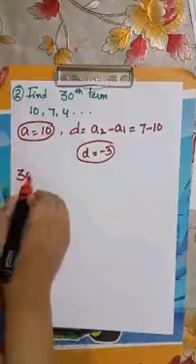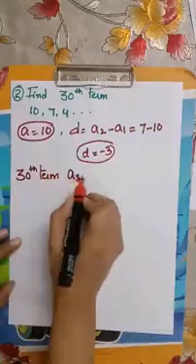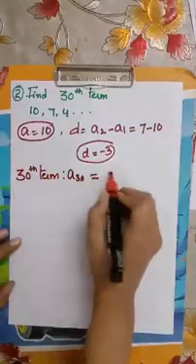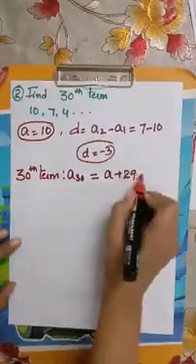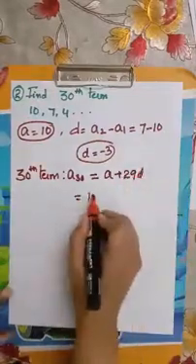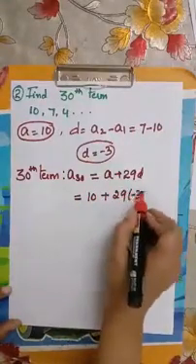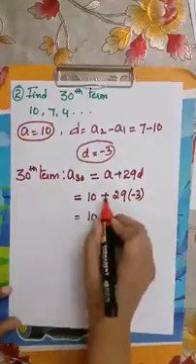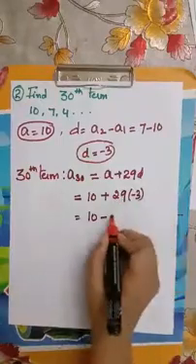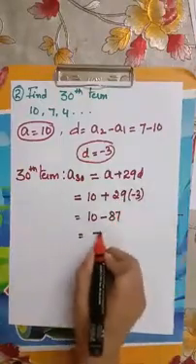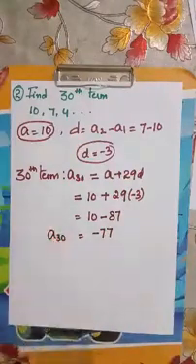What we have to find? 30th term, that is a30. a30 फॉर्मूला में आपको क्या बोलती हूँ मैं हमेशा, 30 रहा तो एक यहाँ पे कम होता, that is 29d. So a30 is how much? 10 प्लस 29 इंटू -3, that is 10 plus minus is minus. When you multiply 29 into 3 is 87. When you subtract this, the answer is -77. So A30 is -77. Next problem, do it as homework.